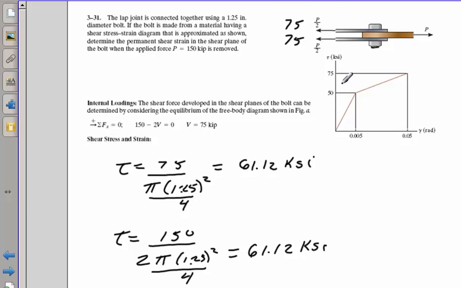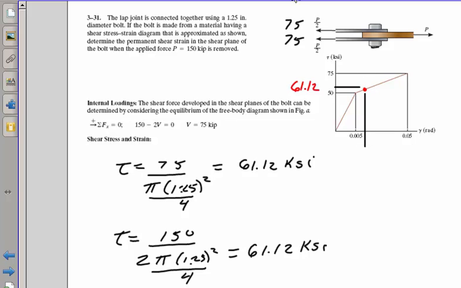Alright, so now what you have to do is go find out where 61.12 KSI is on the shear versus strain curve. If you do that, you'll find out you're somewhere above the 50, so you're somewhere out in this area right here. Alright, so what we want to do here is find out what the strain is. We know the shear stress, and we'll label that as 61.12. So all I have to do is come down here on my strain and find out what that value is